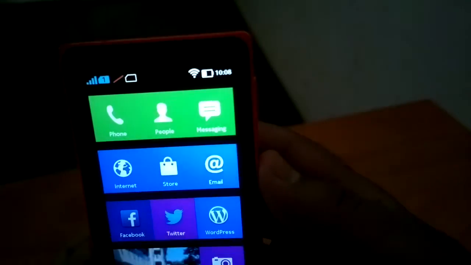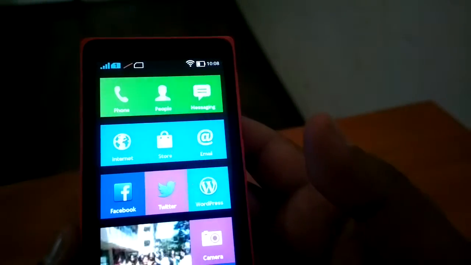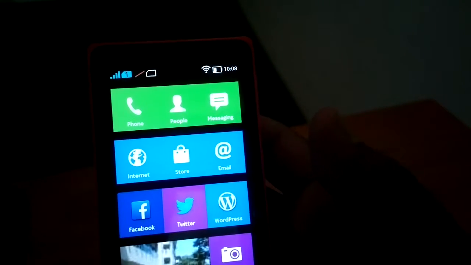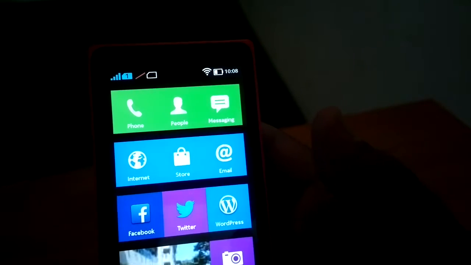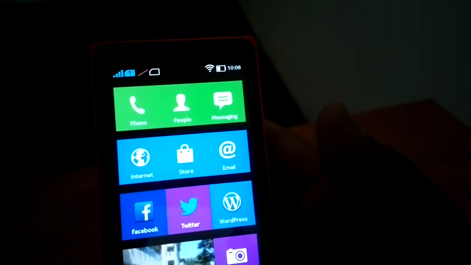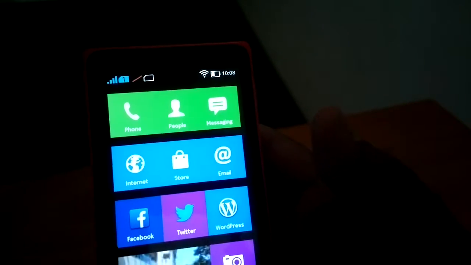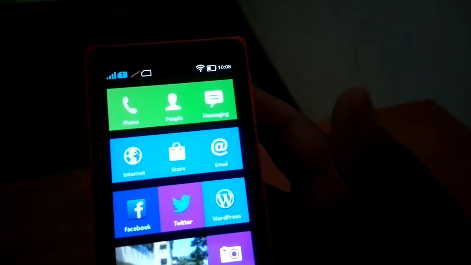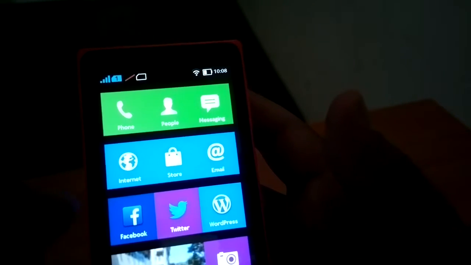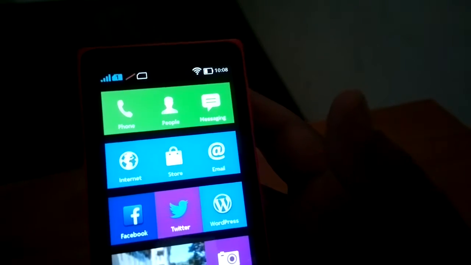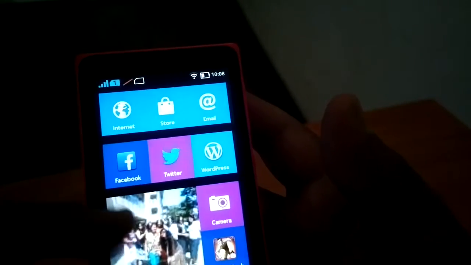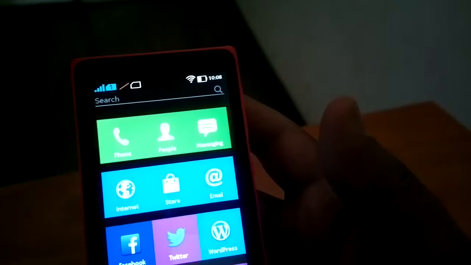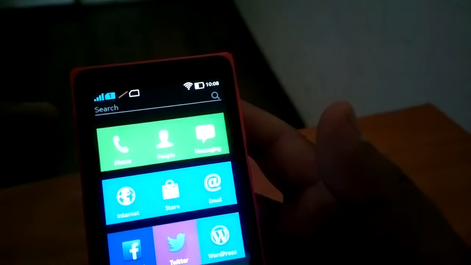When we come to the application home screen, it has the apps, but they don't look like typical Android icons. They are like live tiles, which Nokia has cleverly managed to make look like Windows Phone live tiles. But they are not similar to Windows live tiles in how they function. They don't flip and show the current information, so they are more like stationary icons, other than photos, where we can see the photo appearing, but other icons don't flip. But still, let us see how we can work with them.